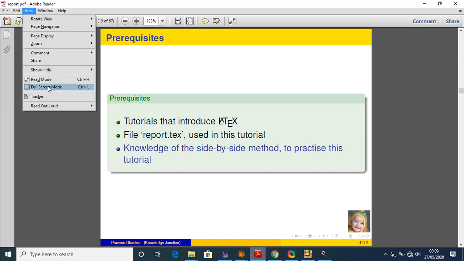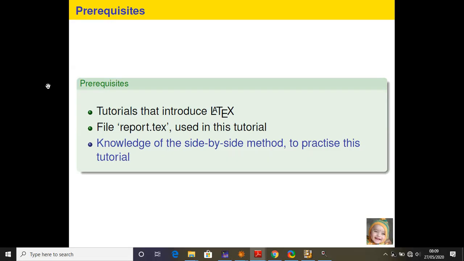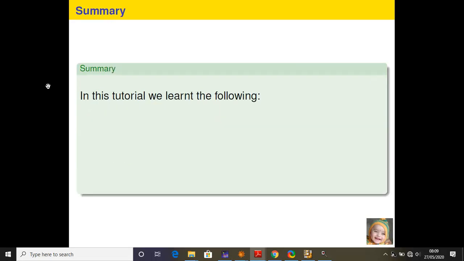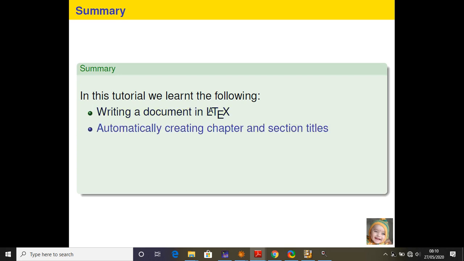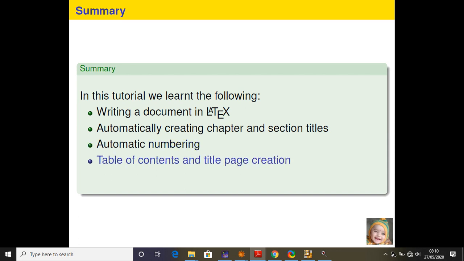In this tutorial we learned the following things: writing a document in LaTeX, automatically creating chapter and section titles, automatically numbering, or as you've seen already, the number comes automatically, table of contents and title page creation, and creating appendix.